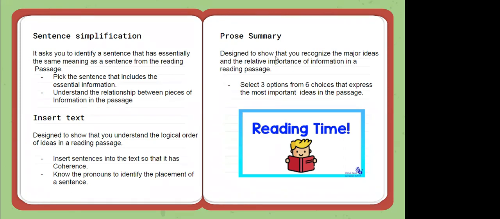You have to show that you recognize the major ideas and relative importance of information in a reading passage, okay? You will have 6 choices or 6 options, from which you have to choose 3. Those 3 options will best describe or summarize the content of the whole reading passage, okay? You have to find 3 options from 6, and those 3 sentences will summarize all the things